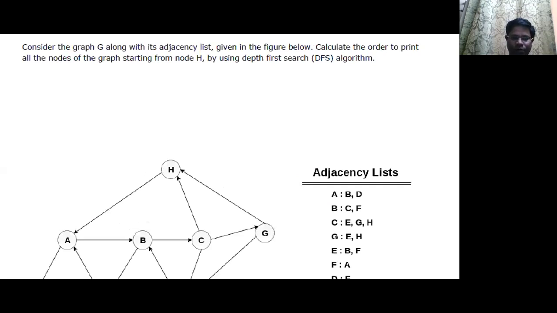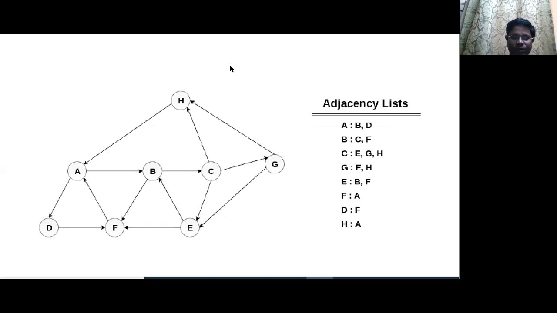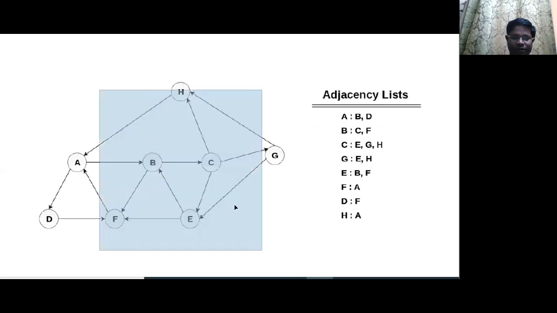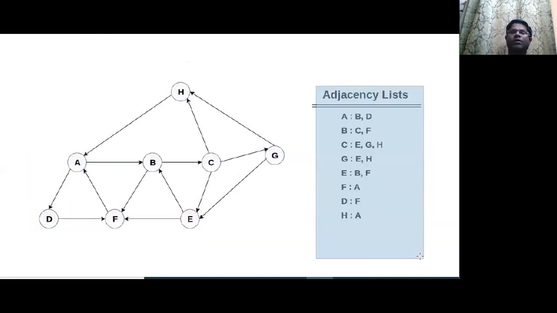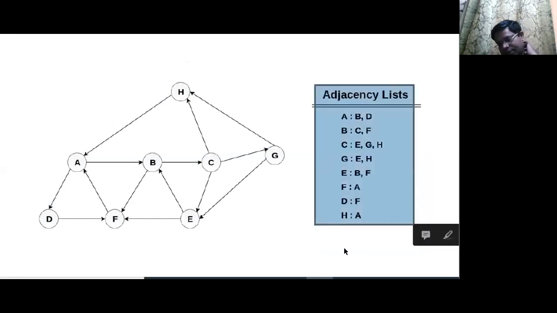So this is the example, in which this is the given graph, and the starting node given is H. In this graph, the starting node that we are assuming is H, and this is the adjacency list that you already studied yesterday.